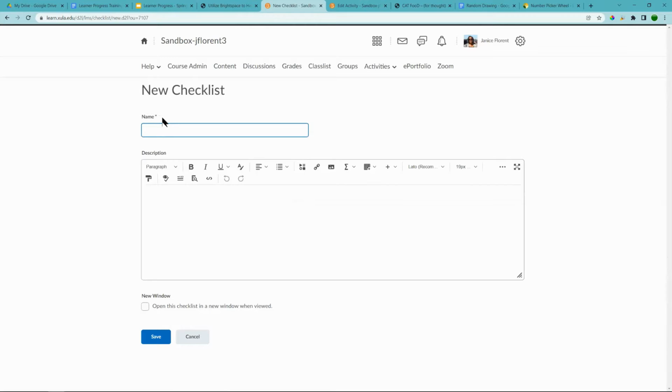And remember, in Brightspace, anywhere there's an asterisk, that means that's a required field. And so I'm going to call this an essay writing checklist. I can enter a description for the checklist here, some information for it if I so choose. And then I can also click this box here if I want this checklist to be opened in a new window when it's viewed. So once I fill in the necessary information here, I can click this blue Save button,